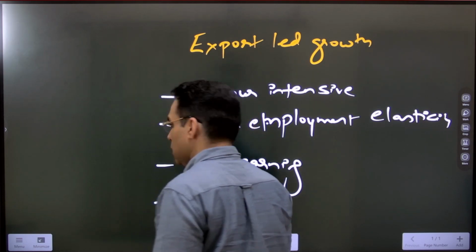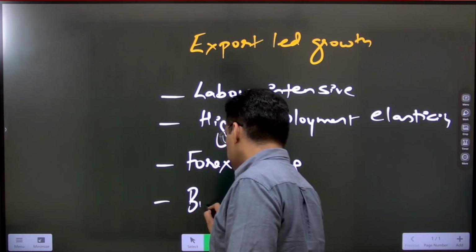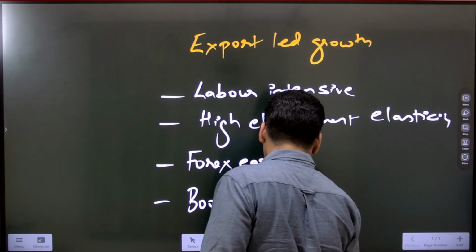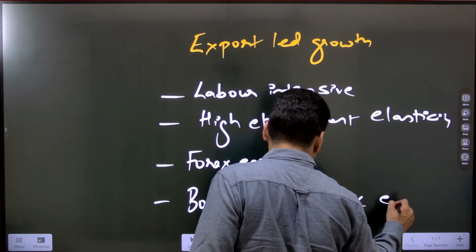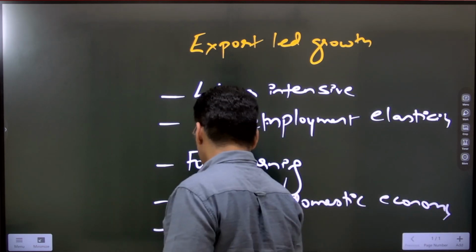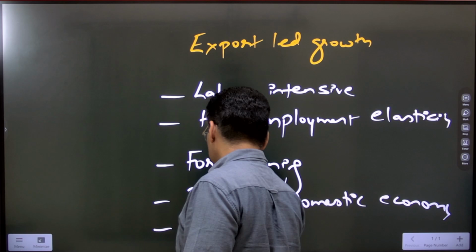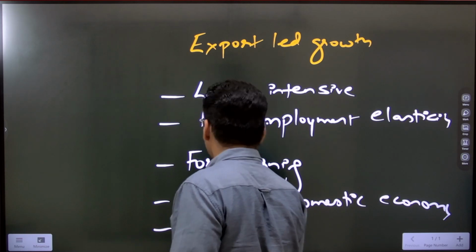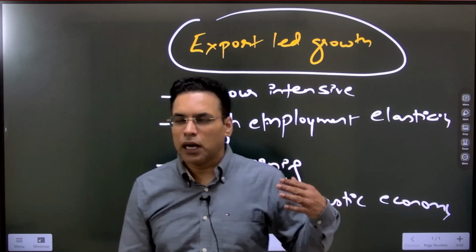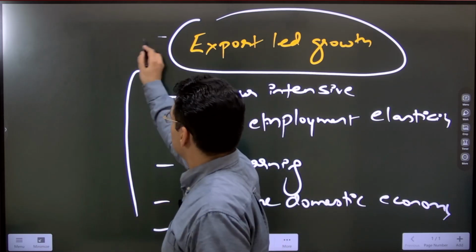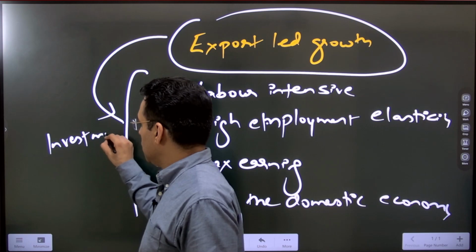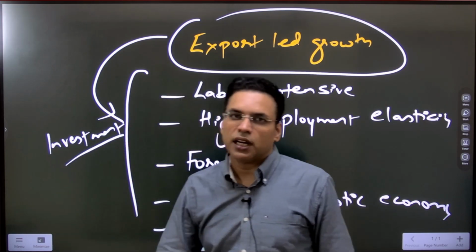Second, it is going to boost the domestic economy, that is growth. In this sector, India can become a global manufacturing base. So export-led growth is what we require, and for this you need investment. Export-led growth will come from investment-led growth. Currently our economy is very much consumption-led growth.